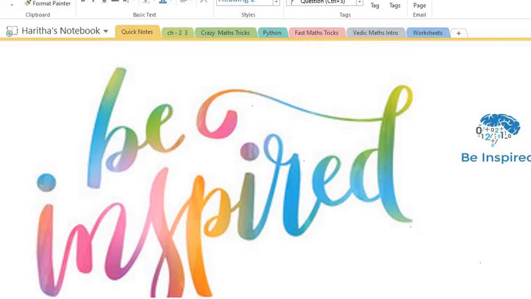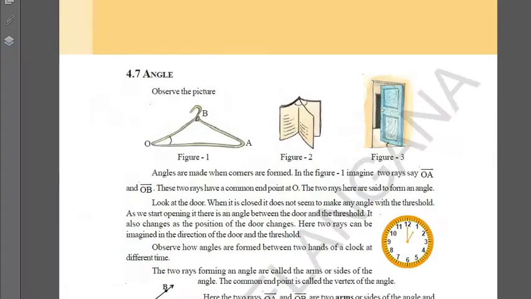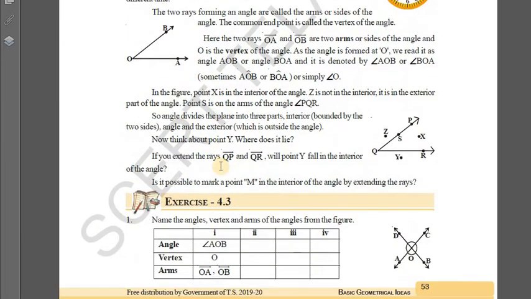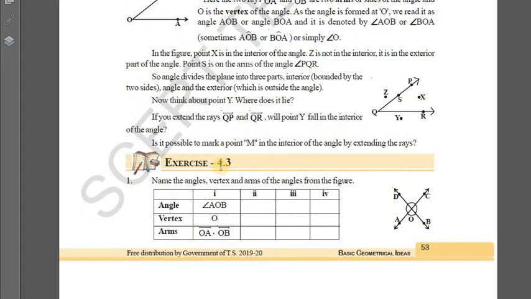And in today's video, we are just going to learn about Maths, NCERT 6th class Maths textbook. And we are going to learn about these angles. So in the previous class, we already learned about these angles and what the different types of angles are. And now we are going to see how to write angles, where angles are formed, how to write the angles, and what are interior and what are exterior angles. All these things we are going to do now.